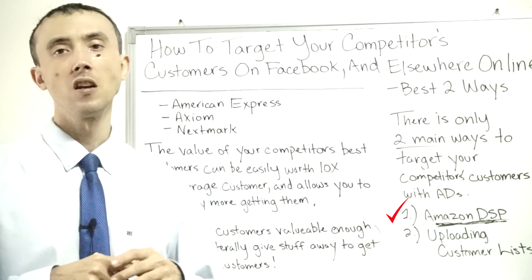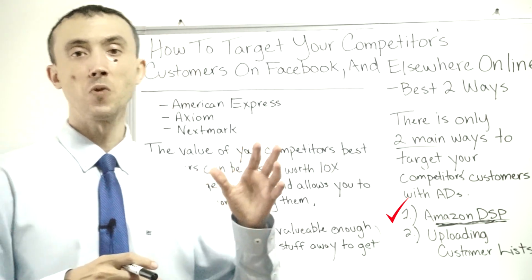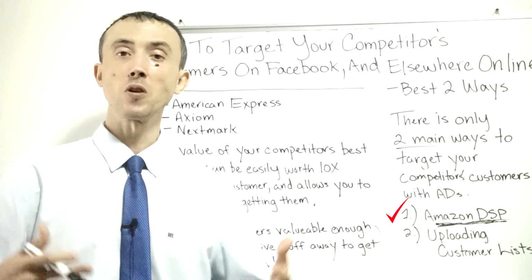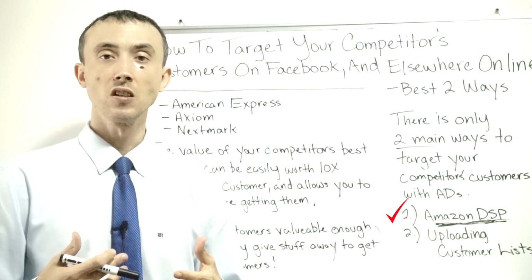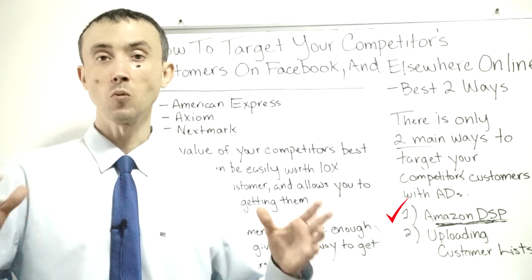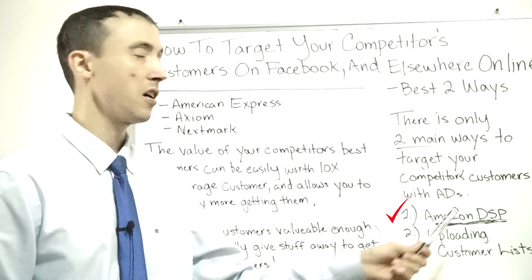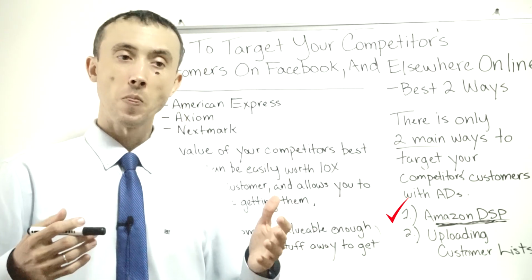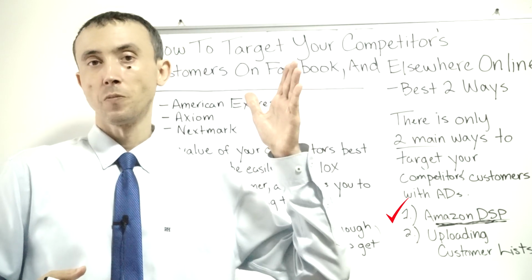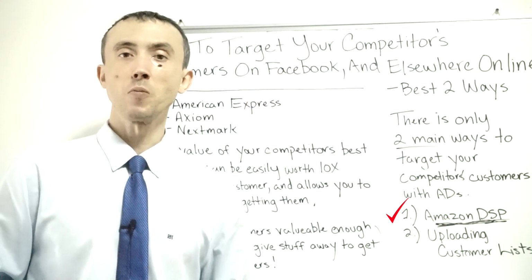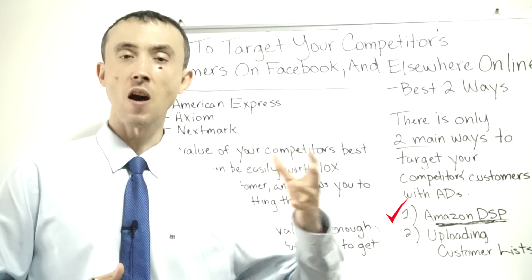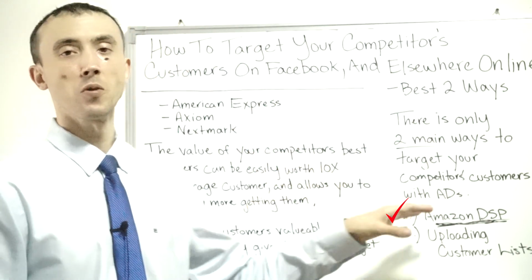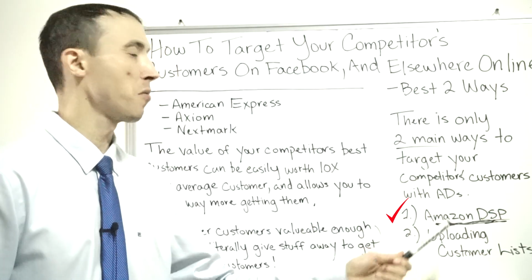So if you want to target every single person who's bought from your competitor in the past, assuming your competitors also sell on Amazon, with a banner ad across the web, you can do that with Amazon DSP. Your cost per click might be 50 cents or so, but if you could target somebody who buys 20 items from your competitor per year, obviously 50 cents is a steal to be able to get in front of them. The only problem with Amazon DSP is you have to have a minimum budget of right around $10,000 a month.